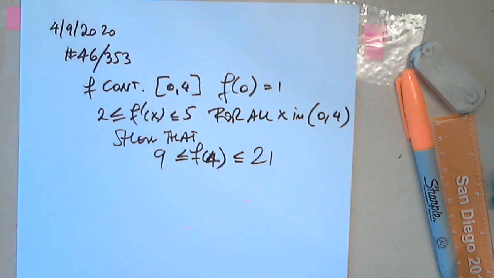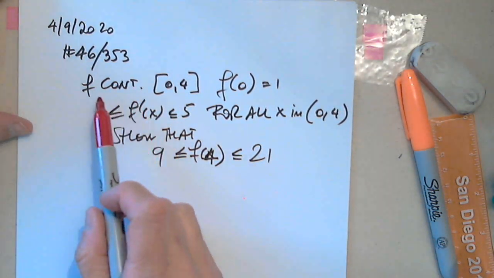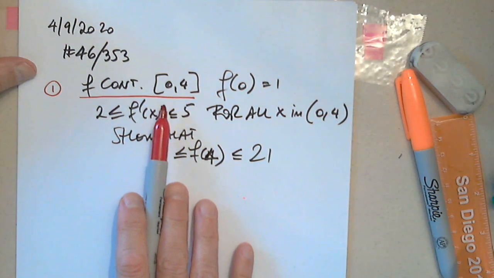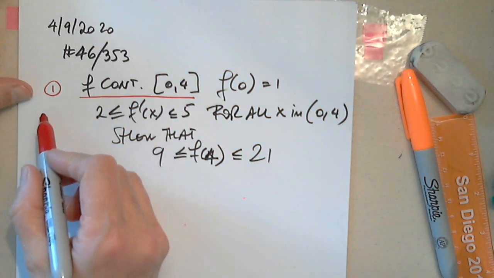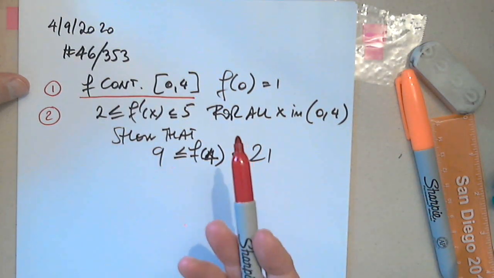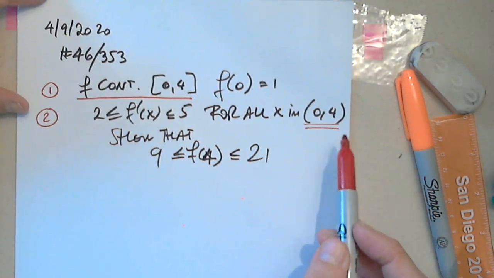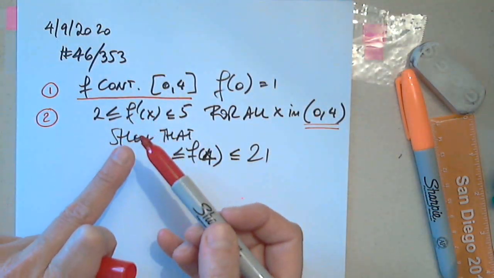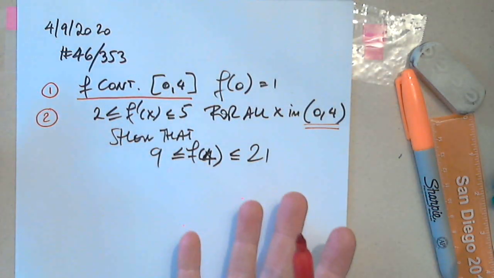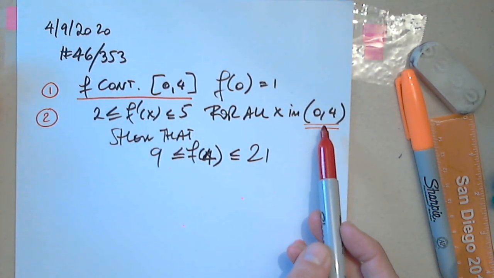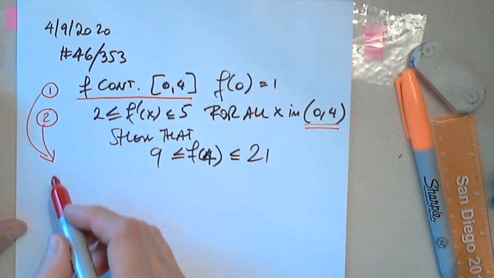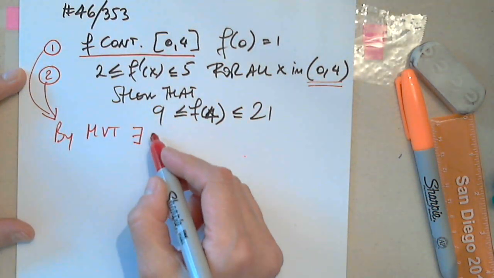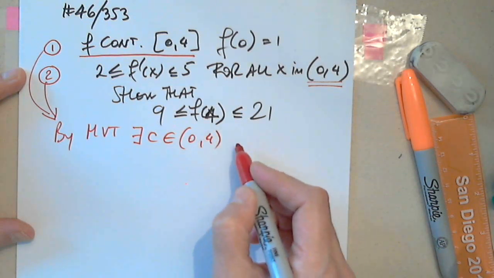Okay, perfect. So we're told that the function is continuous on the closed interval, and this is the first hypothesis of the mean value theorem. The second hypothesis is that the function is differentiable between 0 and 4. It does say that. How do I know? The derivative exists and is between 2 and 5. It must exist. So the function is differentiable on 0, 4. From 1 and 2, by the mean value theorem, we know that there exists a c in the open interval 0, 4 such that